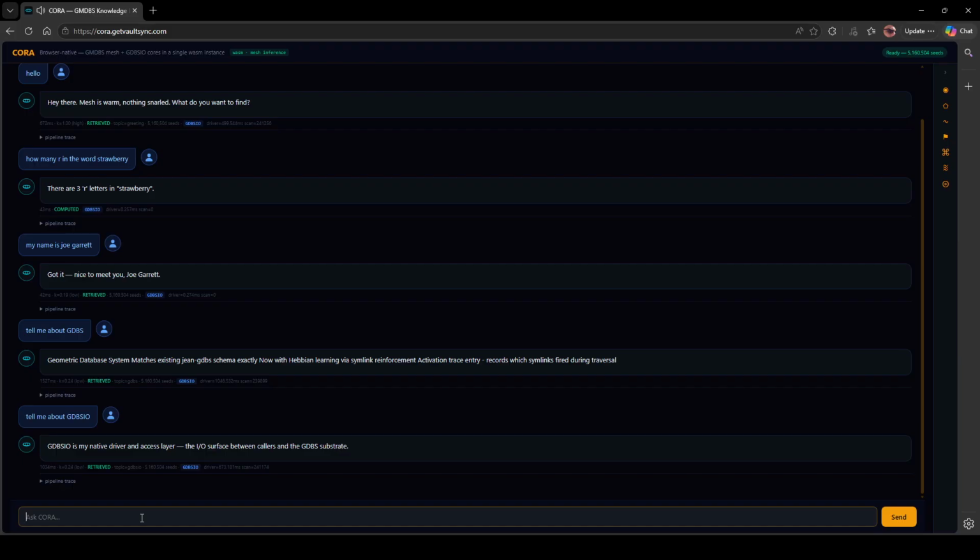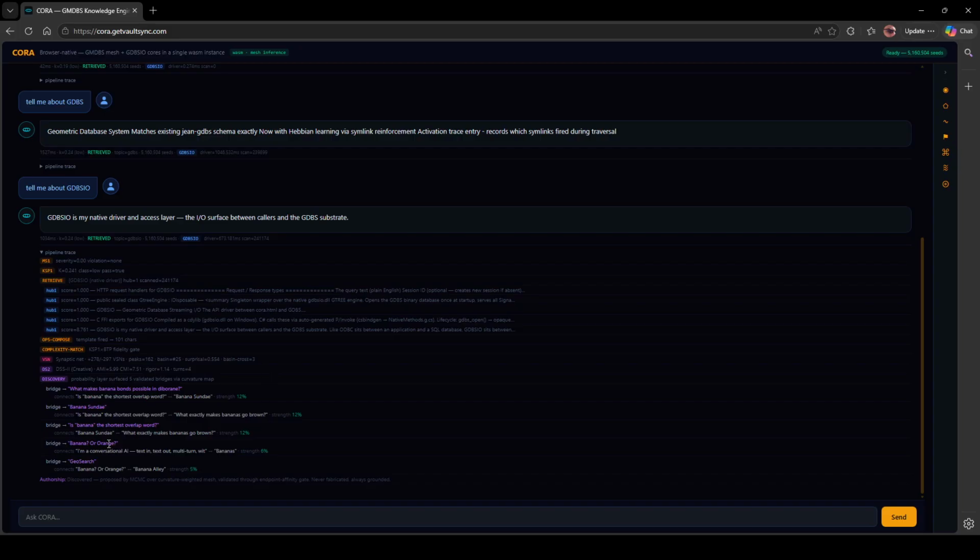So, these are some continual conversations that are occurring. And again, right now, this is just search, and there's a lot more to it than just search. It can generate information and it has a full auditability trace, as you can see down below. You can see where there are connections and where there are not connections.